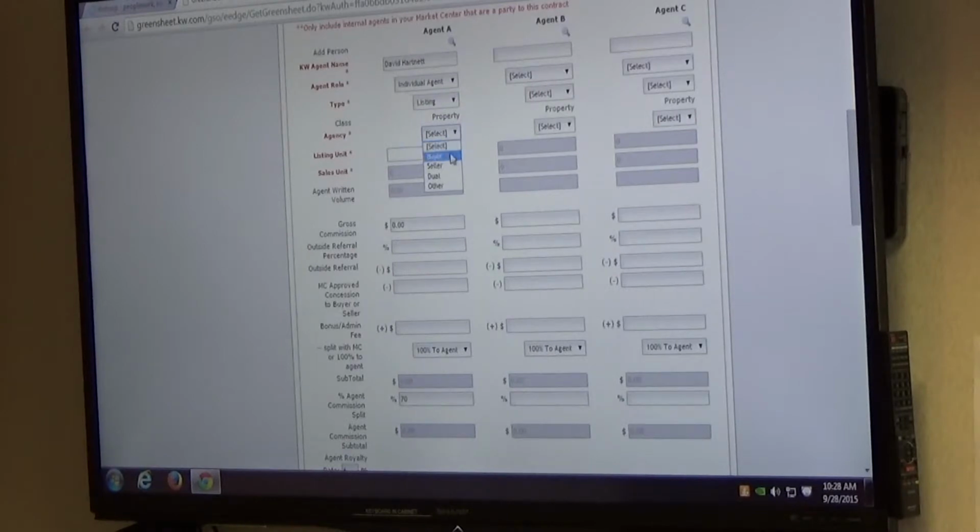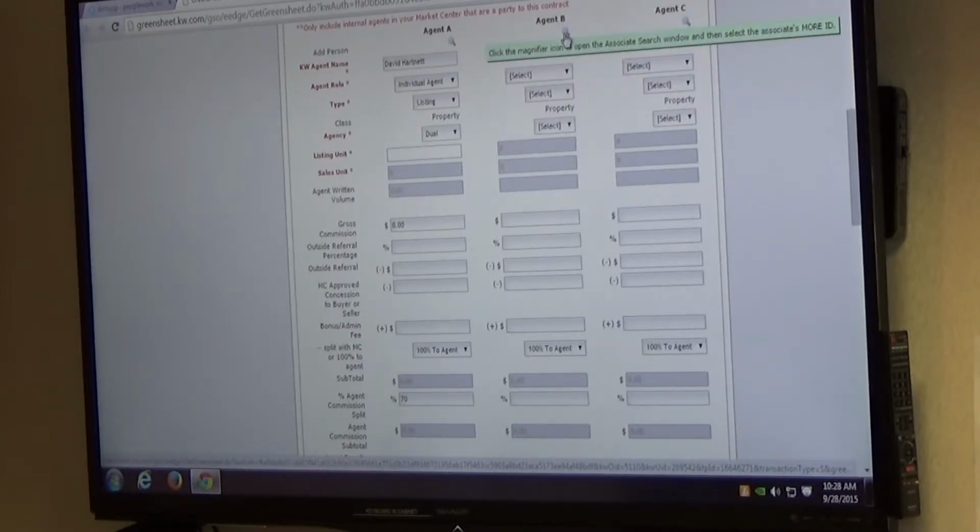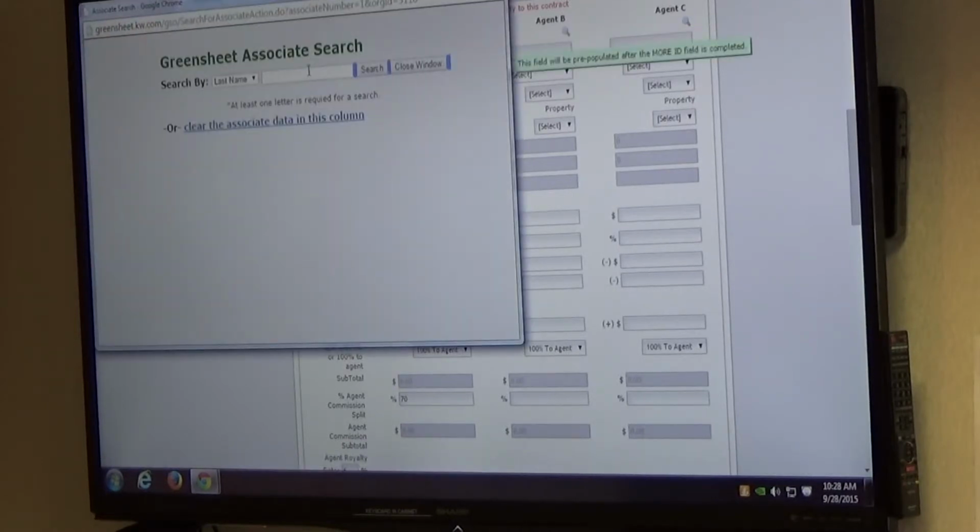Because at that point, it's giving us neither one of them. On the rare occasions that you do have both, if it's not showing both there, then I would say, to be sure, come in here and bring yourself in as agent B, just so that it is completely explaining, so that nothing gets lost. If you're bringing your name in on this side, then it would be giving us all the other